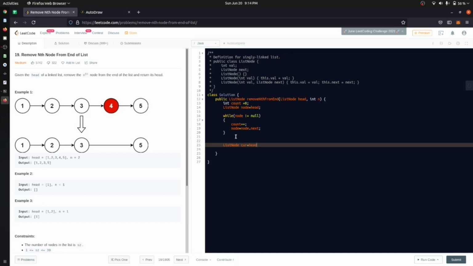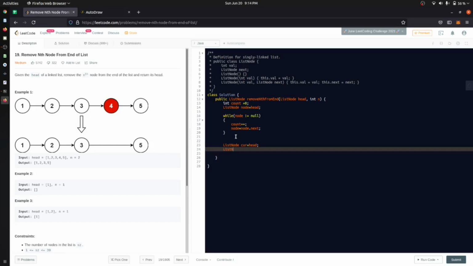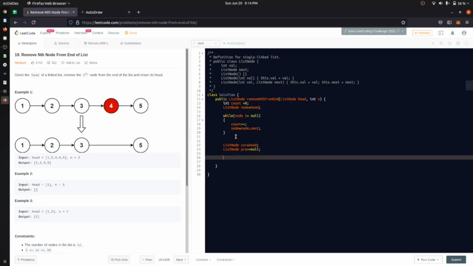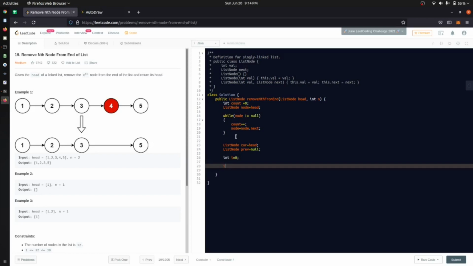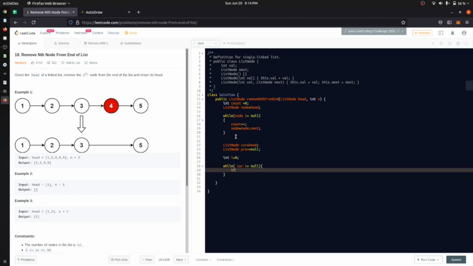is equal to head, and we can just keep track of the previous node. In the starting it will be null. Okay, we can have a temporary variable i, and then we go in the while loop while cur, or current node, is not equal to null. Okay, and then we'll check if i is double equal to count minus n.